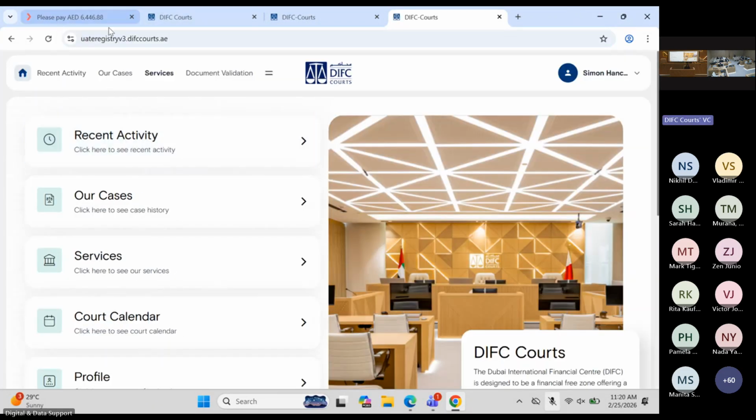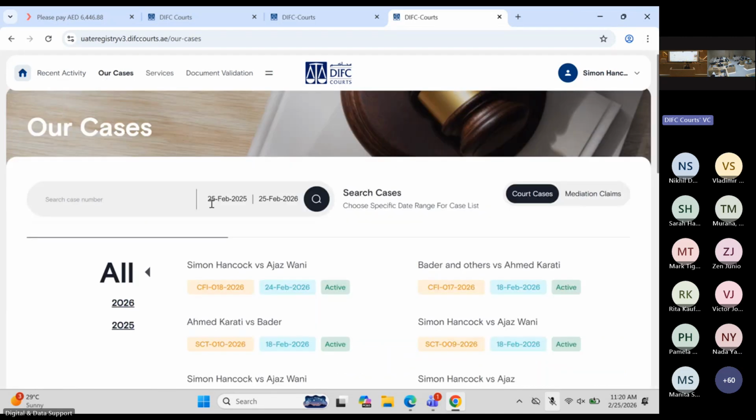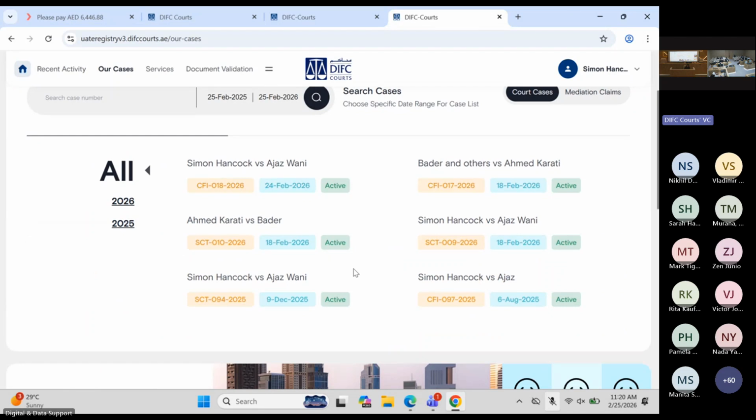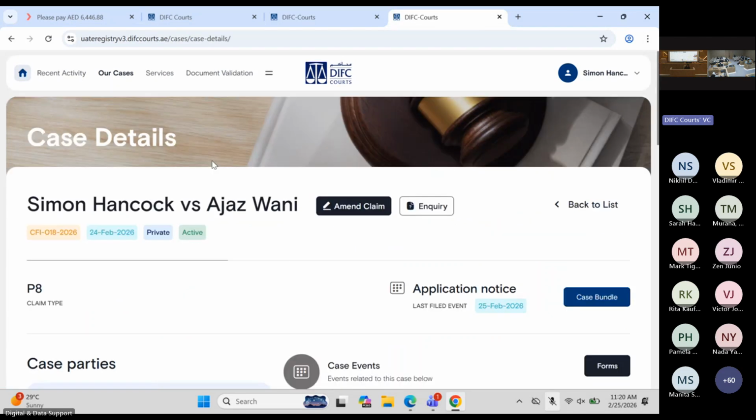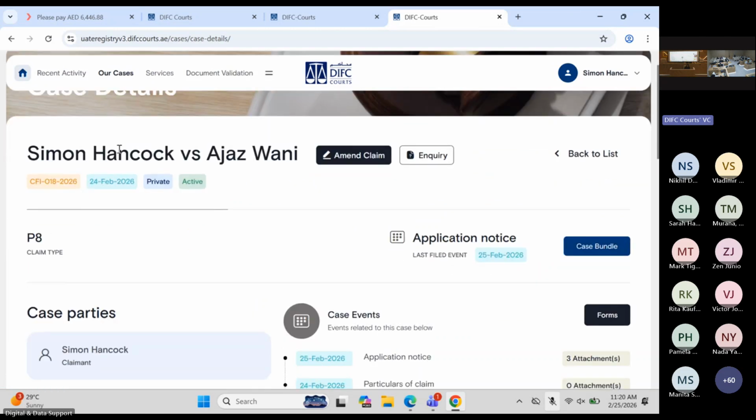So once the case has been filed, when you go into Our Cases, it will then appear in the list of all the cases that you have. So for example, if I click on this one, this is the most recently filed claim that we have in the CFI. And as I said about amending claim form,